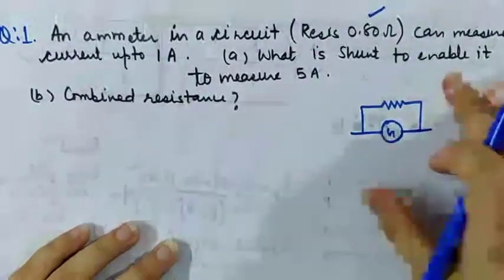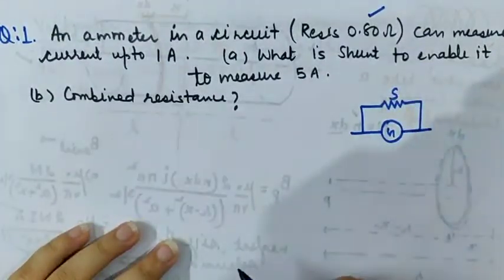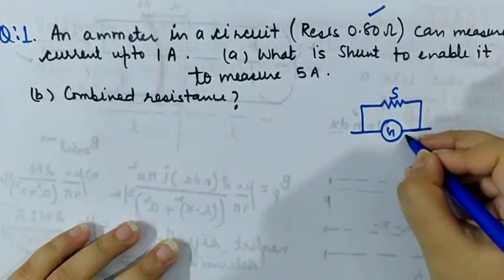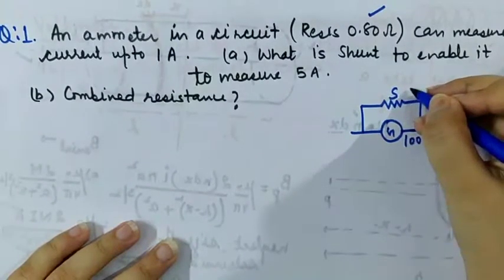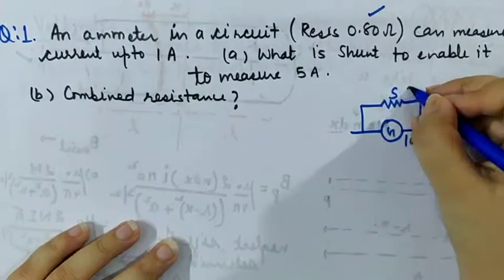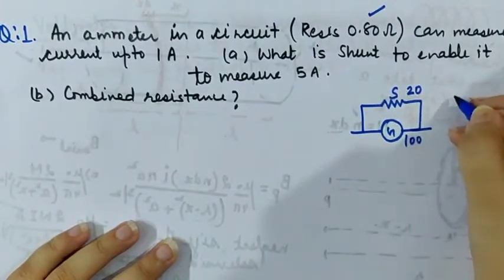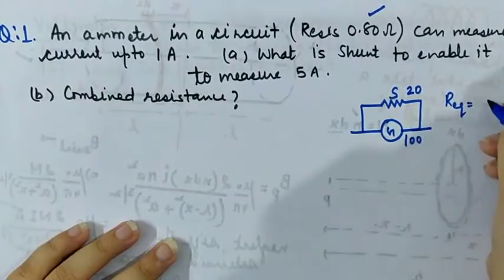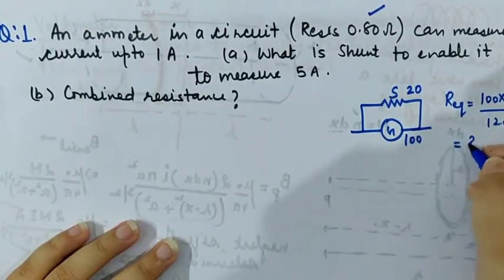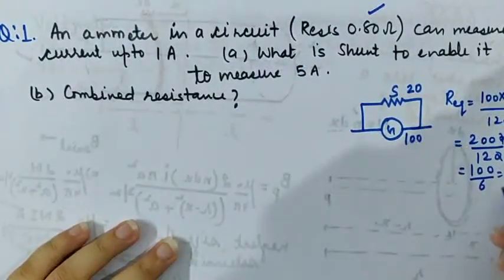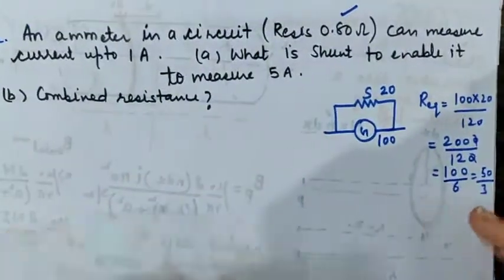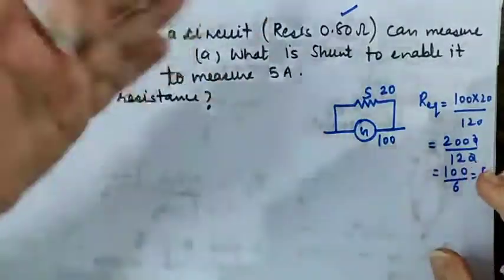Earlier you connected it in an ammeter by putting a shunt. Suppose its own resistance was 100, and the value of the shunt that you have attached is, suppose, 20. Then what is the overall resistance? The equivalent resistance of this device is product upon sum, 100 into 20 divided by 120. When you solve it, it is 2000 by 120, that is 100 upon 6, 50 by 3. This is the overall resistance. I am explaining one point, nothing else. This is not in accordance with this numerical.